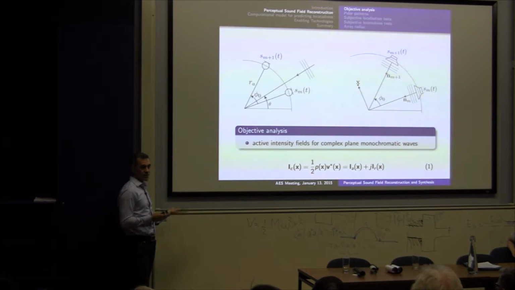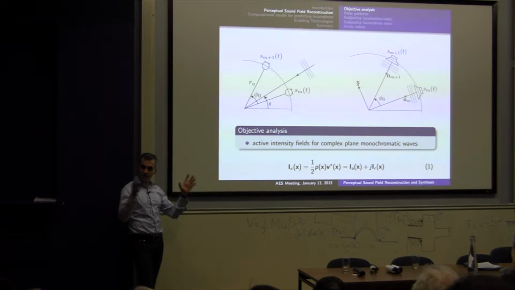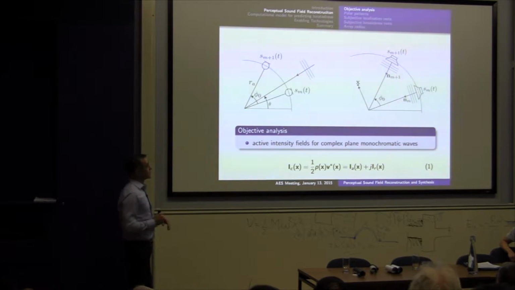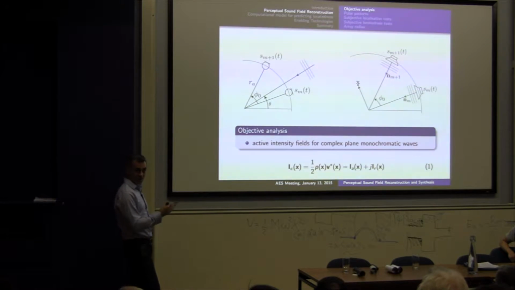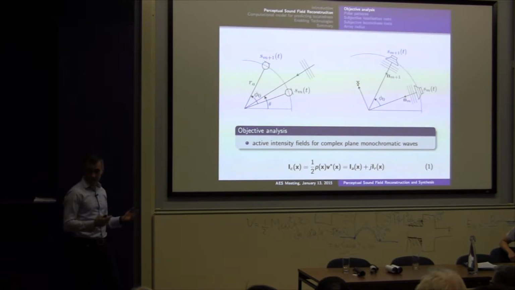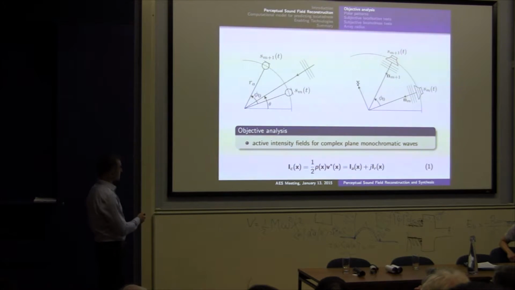What we are focusing on is a mathematical analysis for monochromatic plane waves, to narrow down the scope of all these parameters that we are going to consider. One rationale is that many more complex sound fields can be represented as a superposition of monochromatic plane waves. So if you find something that does badly on them, it's not going to do better on more complex fields. And if it's doing well on monochromatic plane waves, then there is hope it's going to work well in a more complex case.